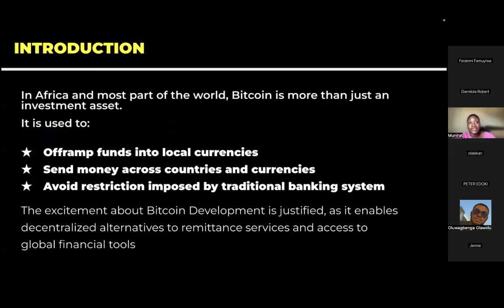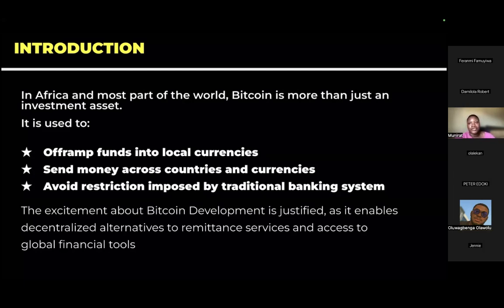We are able to send money out. Cross-border payments in Africa is nothing to write home about. But with Bitcoin, a mother is able to send money, or maybe a daughter is able to send money from Dubai to a mother in Nigeria or say Ghana without it taking days. Then after Western Union or something, the mother will have to go to the bank. That stress is just something else.